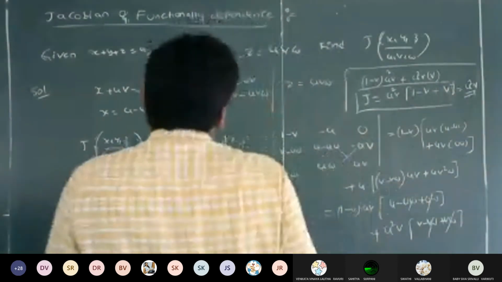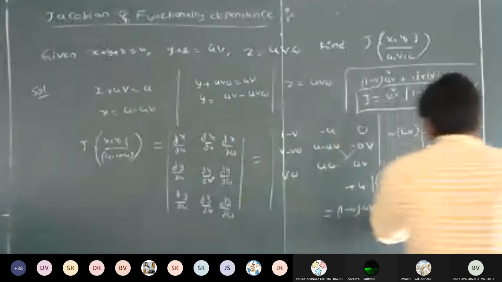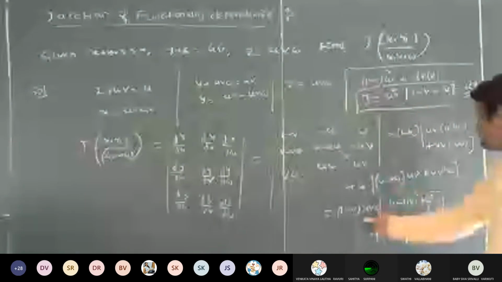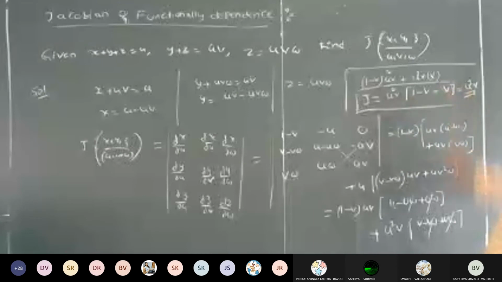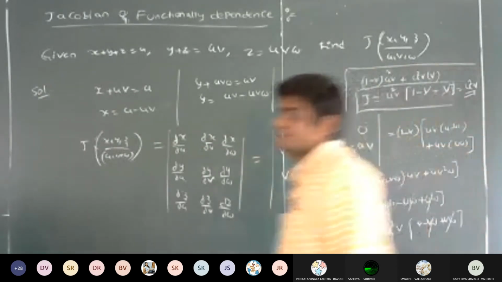So simplify the given problem very carefully. Here I am missing the term u. Therefore u into uv, that is nothing but u square v. So that here we have 1 minus v, plus here also we have u square v into v. So I am taking u square v as common. So v gets cancelled. Therefore 1 into u square v is equal to u square v. Right?